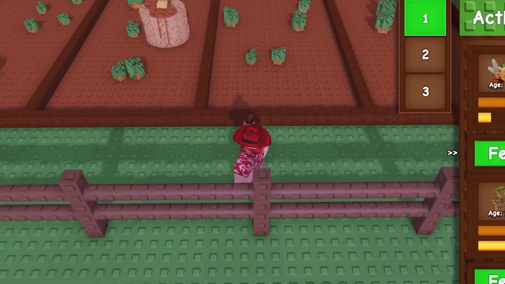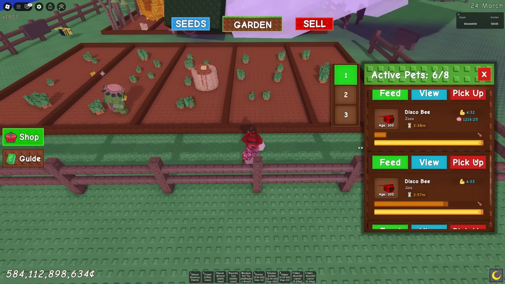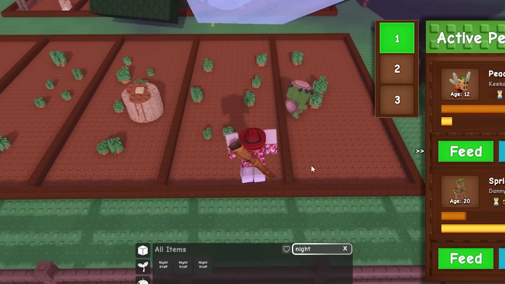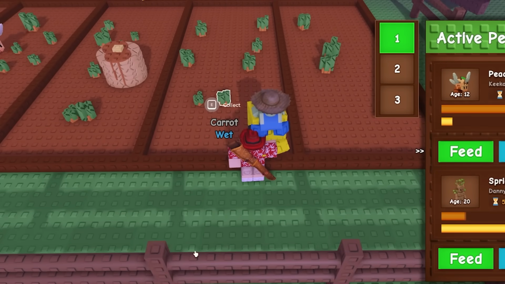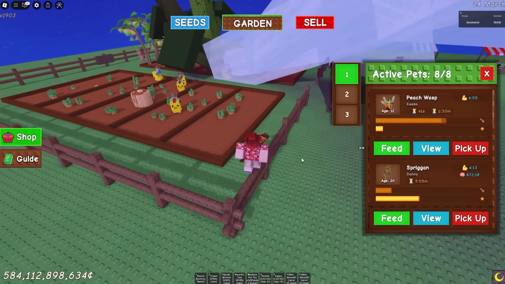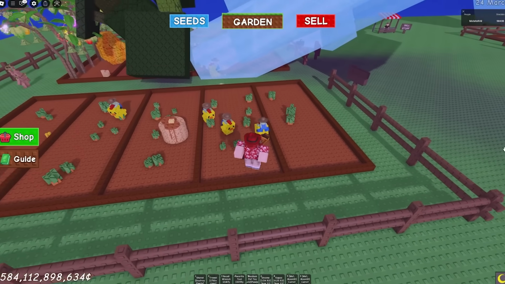I'm going to go ahead and just pick up this carrot because we have it on that sugar apple. So let's pick up the corrupt kitsune. Let's pick up our disco bees here, and let's go ahead and spawn in our chicken zombies now so we can get started with trying to get zombified done. All right, there we go. 5 chicken zombies. They have about a 20-minute cooldown, but I'm sure one of them will help us get zombified